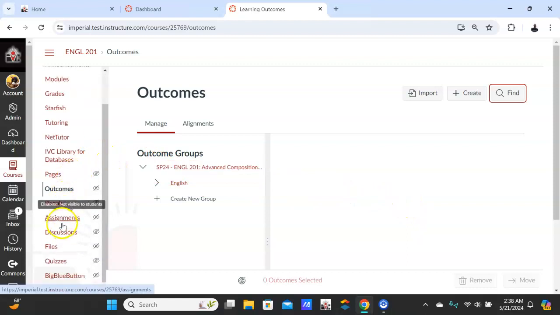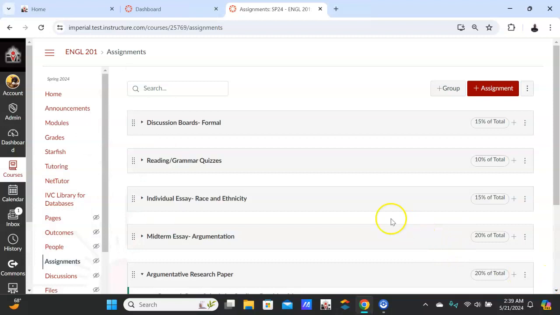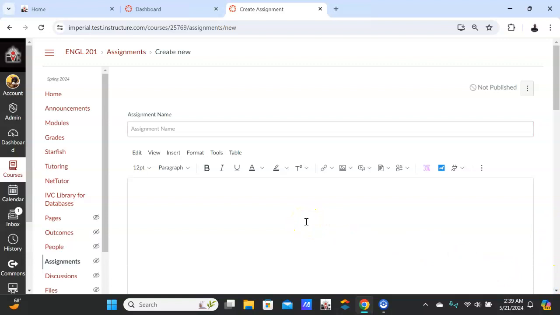So we'll come over here, left menu, and click on Assignments. Now you're going to see all of my assignments because I do teach on Canvas. However, we're going to pretend that you don't use Canvas for assessments at all. So we're going to click here. We want to create an assignment. And this can be for any assignment. It can be for a quiz, because you've already given this assessment. Now we're just moving it into Canvas so we can put the outcomes,